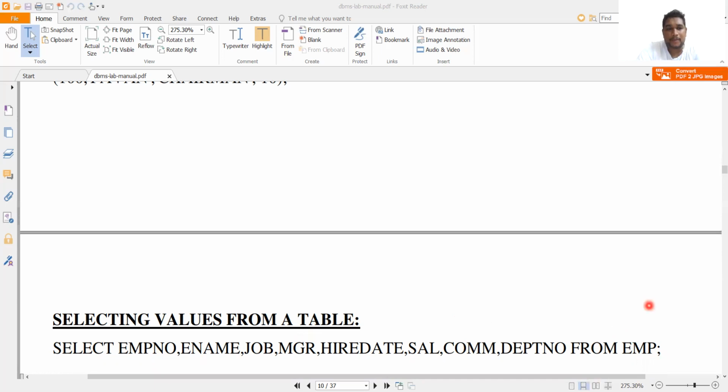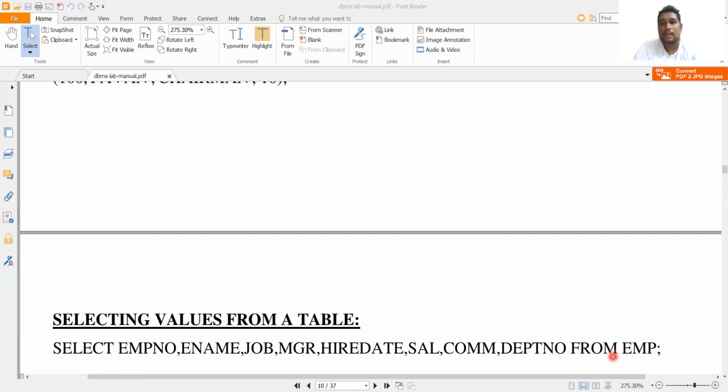From table name. So select is used to retrieve data in the database. From is used to retrieve data in a particular database. The particular database is called employee. So select attributes name from employee. If I want only 2 attributes, I will represent select 2 attributes from table name.